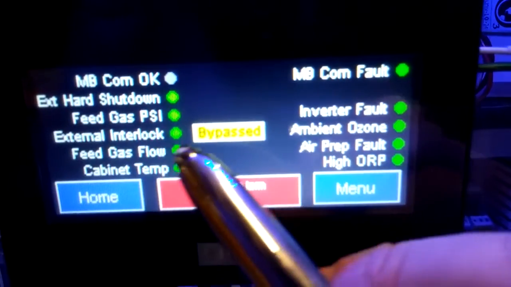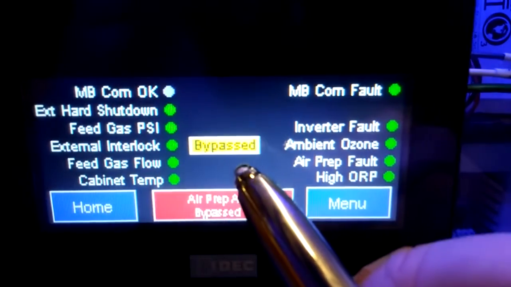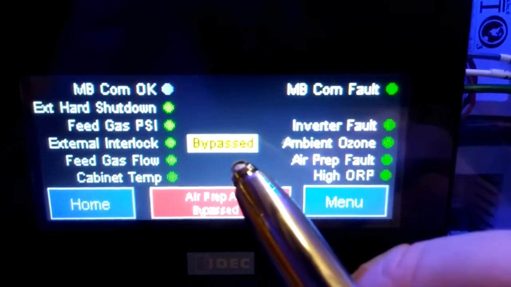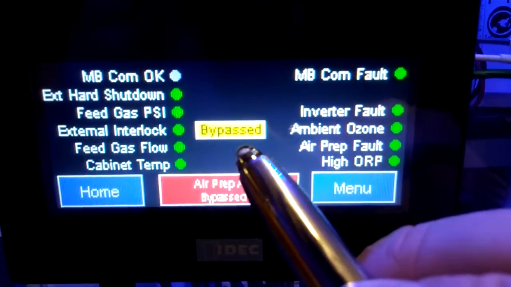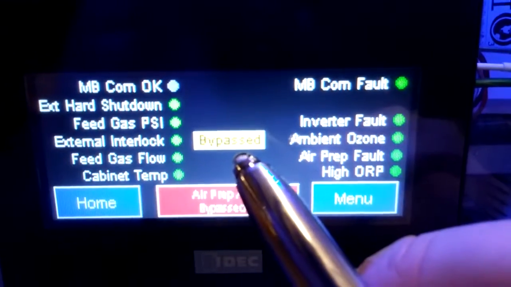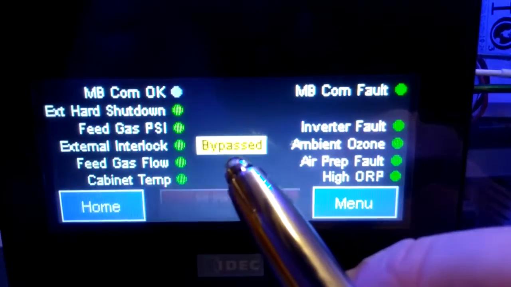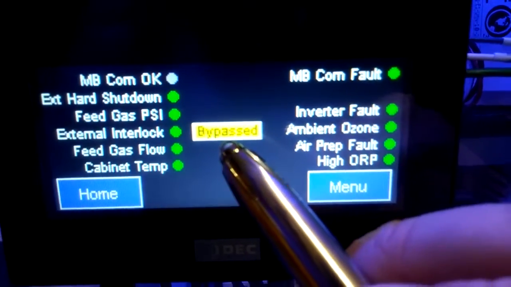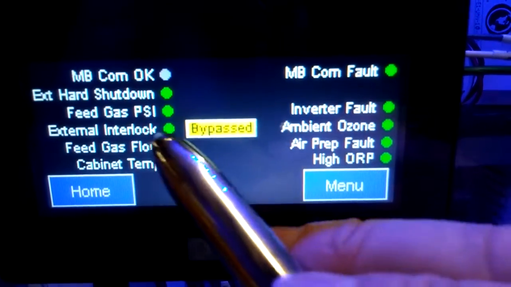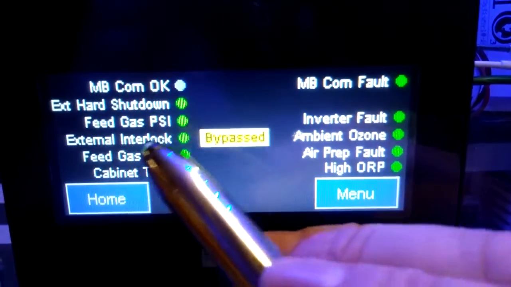The external interlock is basically a remote run command. If the system is being controlled by a remote SCADA system or something and the technician is trying to work on the generator locally, he may need to temporarily bypass the external interlock to allow him to run the system without tracking down an operator to activate the system remotely. So in the factory screen, if the external interlock has been bypassed, that's when you'll see this indicator next to the external interlock